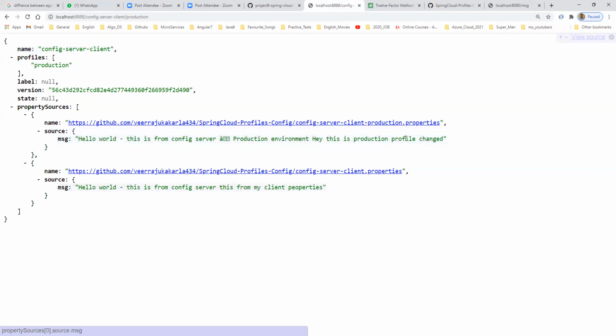So like this, we can update our configurations, not only the message. We can update all our configurations related to database, profiles, Docker, external dev server, messages, and security data. We can maintain all of them in terms of profiles with respect to environment, whether it is production, pre-production, a test environment, or a UAT environment.